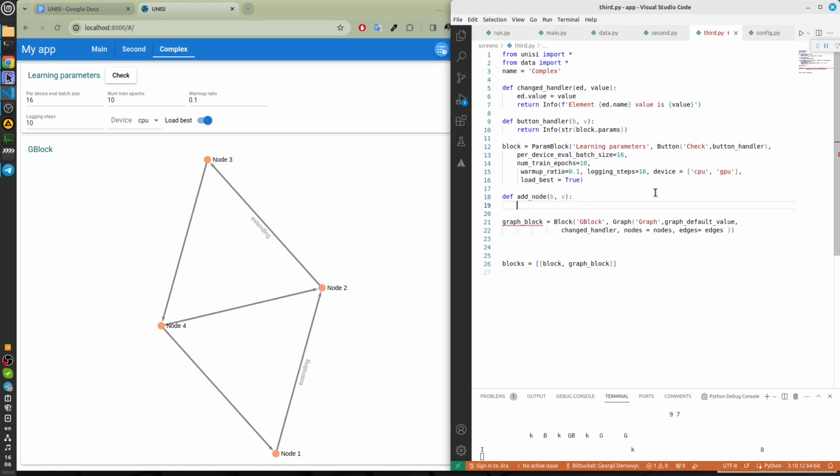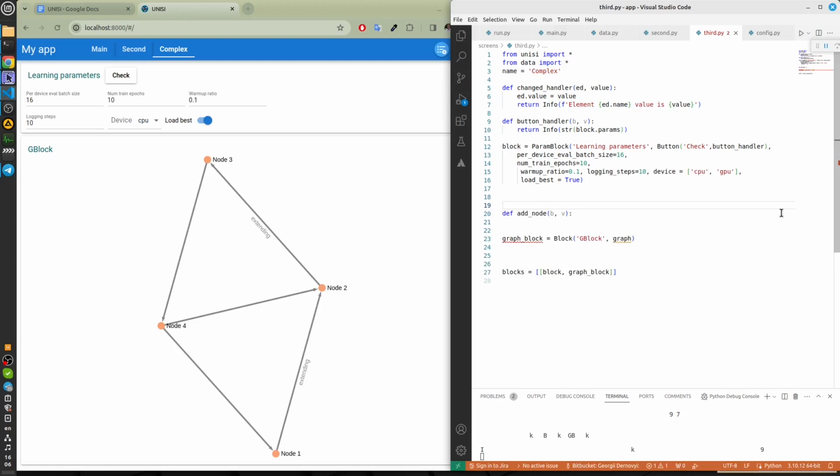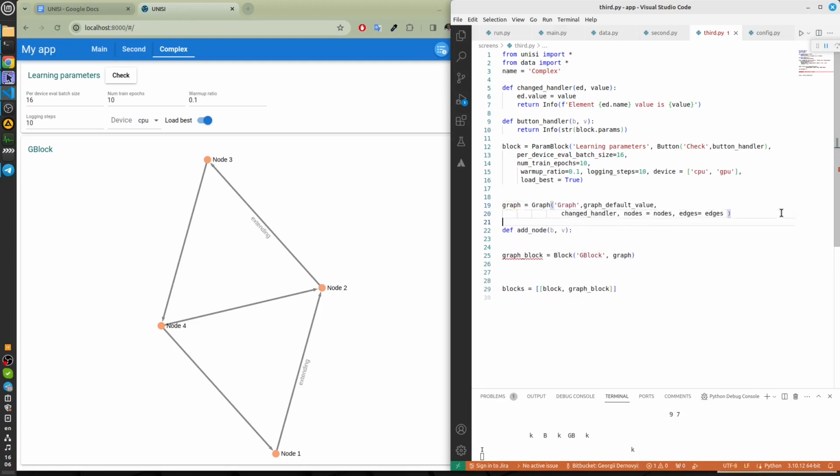Value for button is always none. We have to refer to the graph. Declare the graph outside the block to get a reference to it. Graph equals the graph. Now we can process our graph in handlers attached to the other elements.